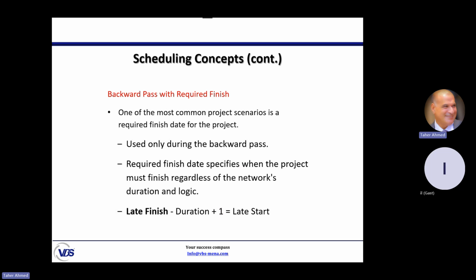It says, according to the contract, we have to complete this project in day number 20. Your calculation is day number 25, but we have a contract that said that we must complete the project in 20 days only. In this case, what will happen to the calculation if we have a required finish date? If we have a required finish date, it will not impact the early calculation, the forward pass calculation. It will impact only the backward pass calculation. Why? Because we will start from the must finish by date or required finish date, as we are going to